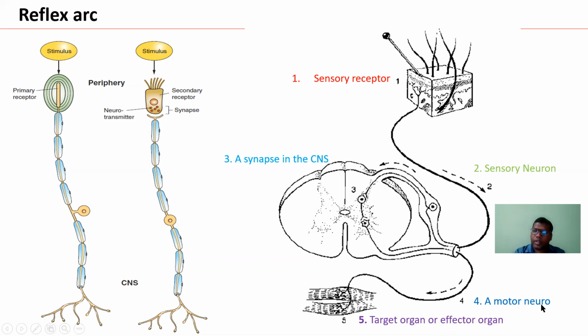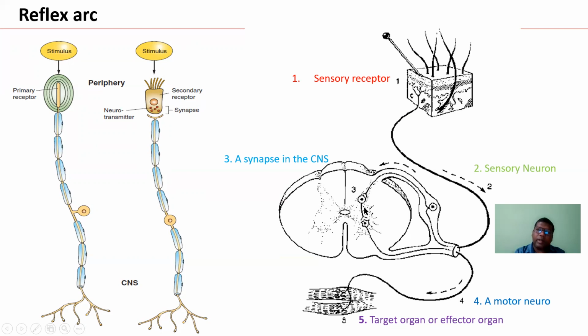So here the neuron spelling is wrong. Neuron, the N is missing. So this motor neuron acts upon the target organ, and therefore we can remove our hand from that sharp object, or we will remove the nail. So here we can see when the sensory neuron synapses with the motor neuron, here we can see one more neuron. Through that neuron, they are synapsing with the motor neuron.